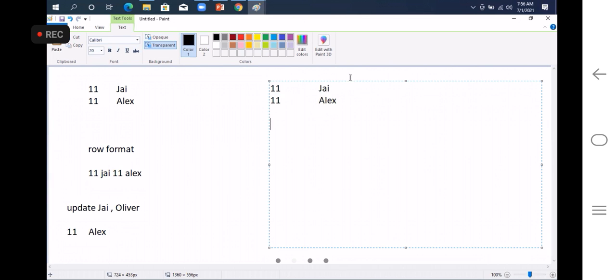If we execute the same record along with the same record, even though you specify the primary key, it will still allow loading the same record. So here you will get two records. If I want to update the record wherever J is there with Oliver,